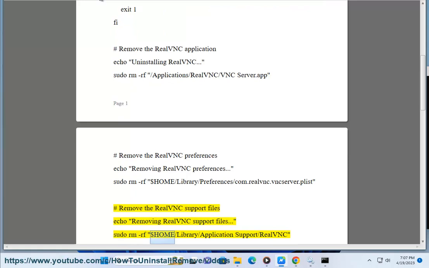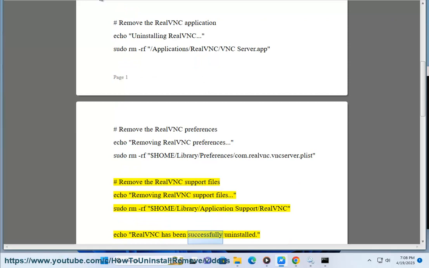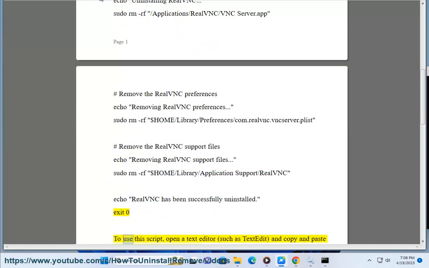sudo rm -rf $HOME/Library/Application Support/RealVNC echo "RealVNC has been successfully uninstalled." exit 0. To use this script,